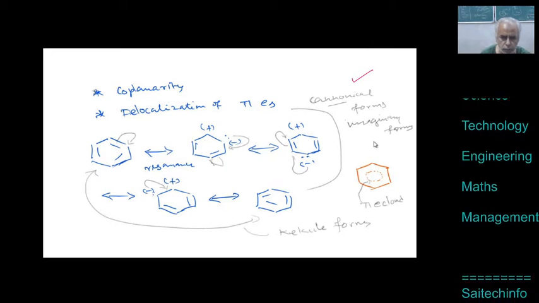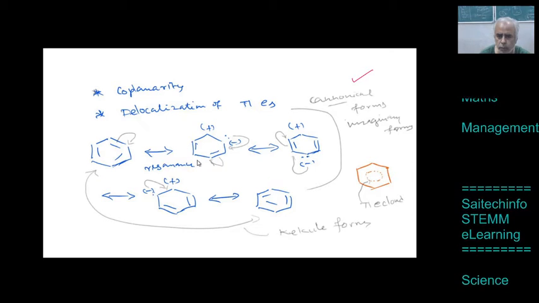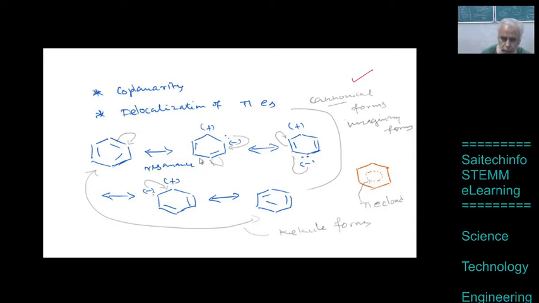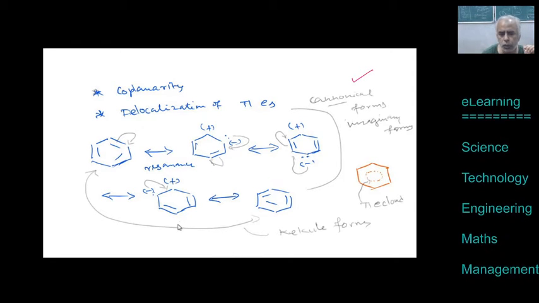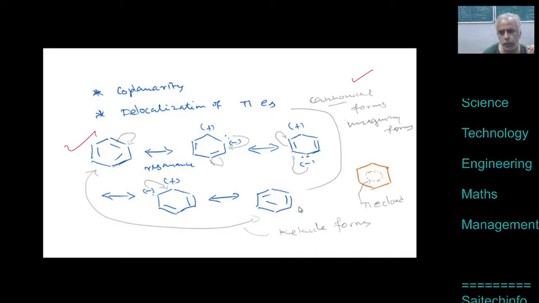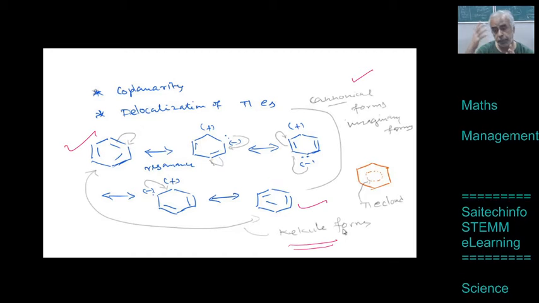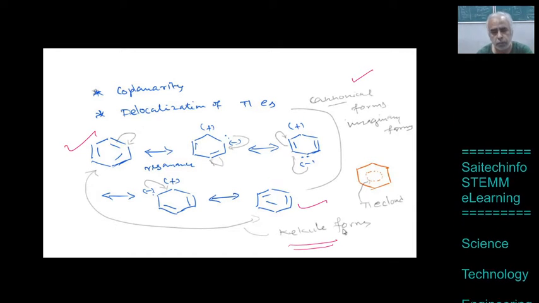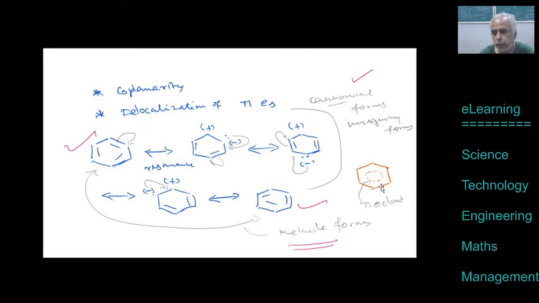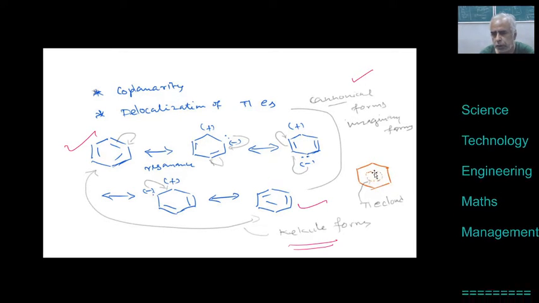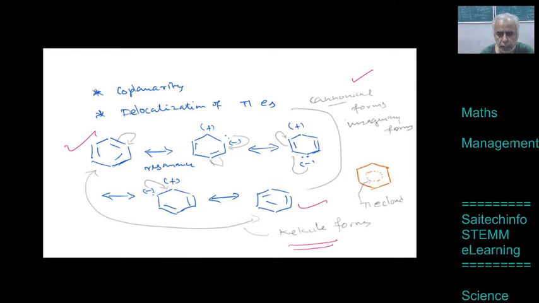Hypothetical means imaginary forms, but when a compound has a larger number of canonical forms, it has more resonating structures, meaning stabilization is more. And these two final structures, this one and this one, are called Kekulé forms, because Kekulé proposed this structure. It appeared in his dream actually. And generally a benzene ring can be represented like a hexagon with the delocalization represented by a dotted ring. So this is called the pi ring cloud.